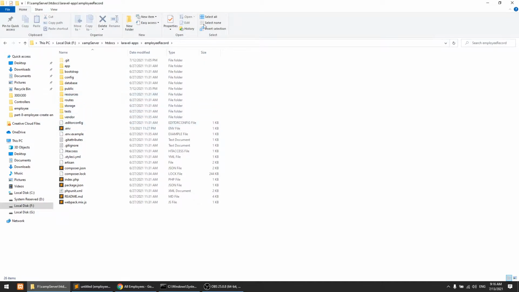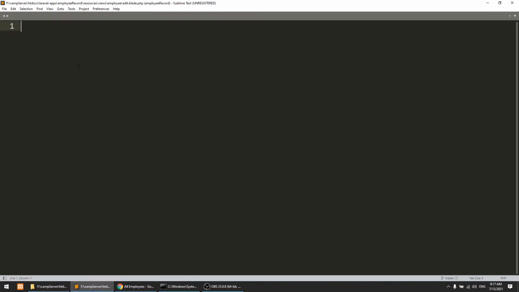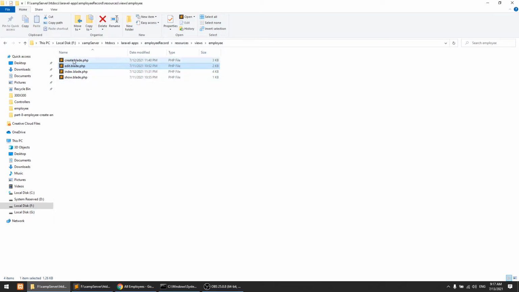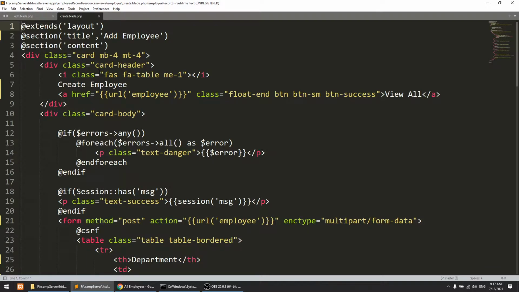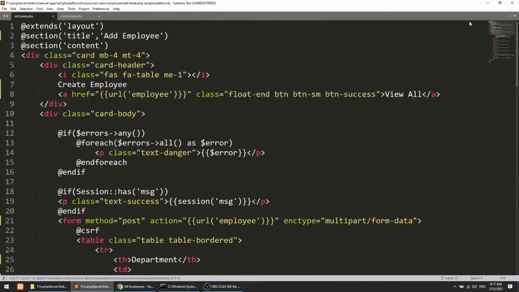So I will go to the employee record folder. I will go to the views, there is resources, views and employees, and I will edit this. Now I will also open the create.blade.php because we have the fields in this page. So I will copy all of this and paste it in the edit page. Okay, so now we will just update the title to update, and here we will update, and this will go to the view all. This is fine, and this will be the data